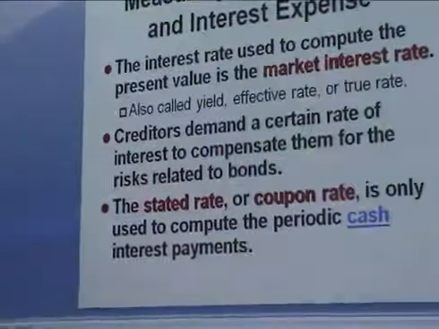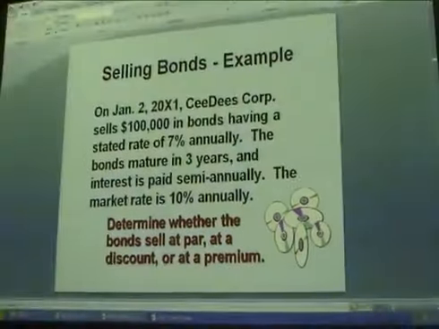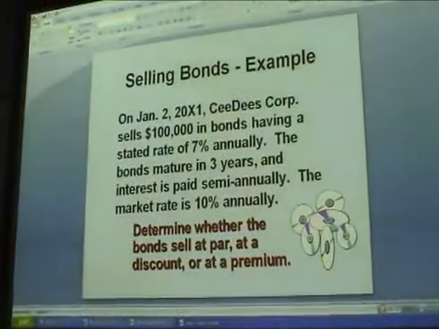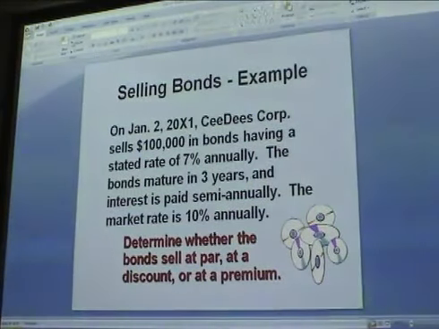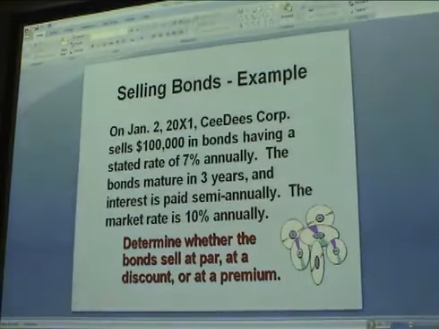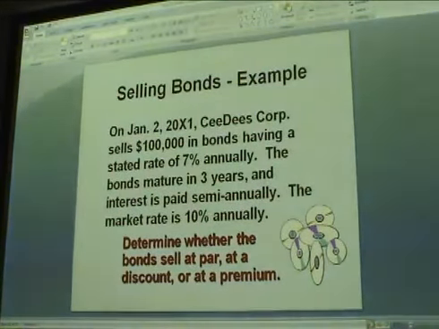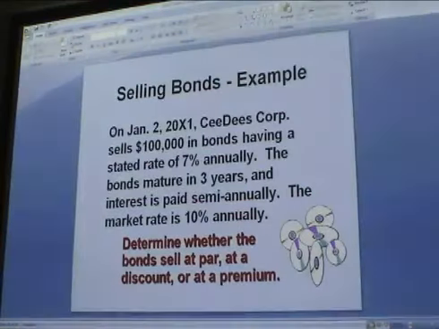So next class session, I'm going to talk about all this. I'm going to actually use this example. So it's a CD corporate that sells $100,000 bonds having a stated rate. That's the contractual rate, 7%. The bond will mature in 3 years. I know that's a very short time. Interest is paid semi-annually, which means every 6 months. Market rate is the one relevant because market rate is the one that determines